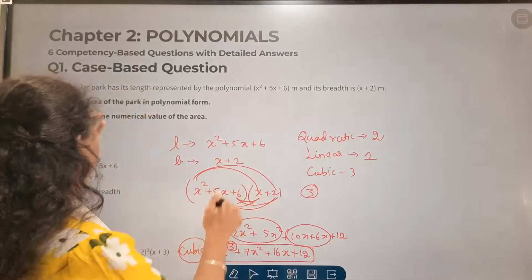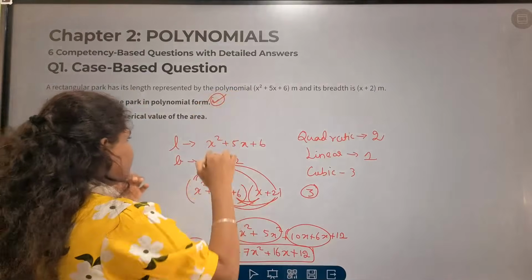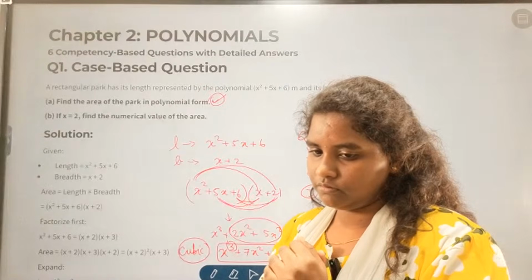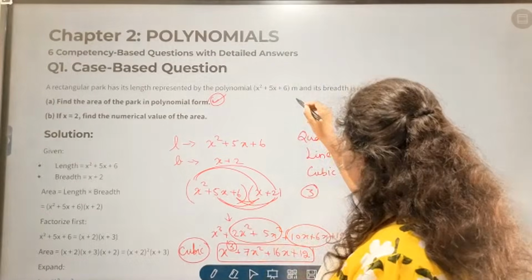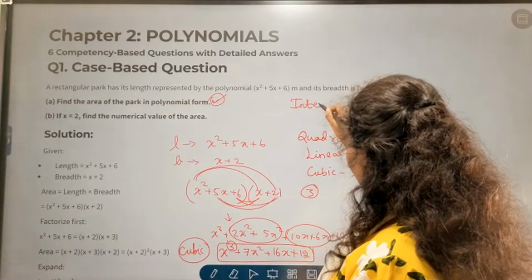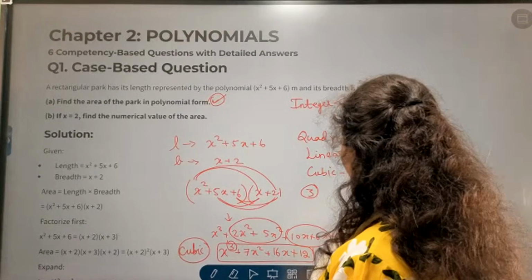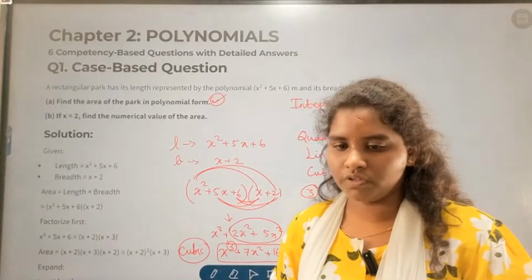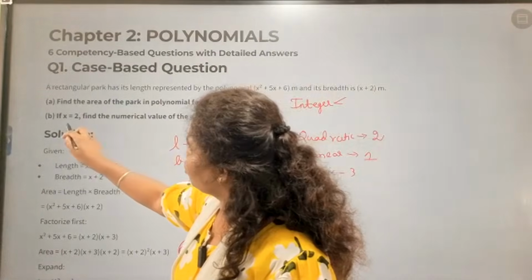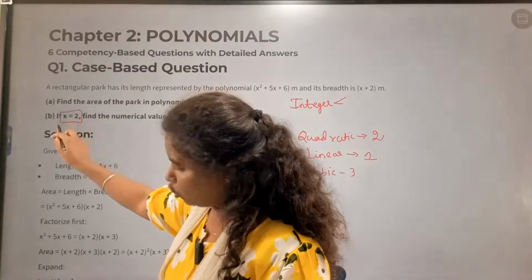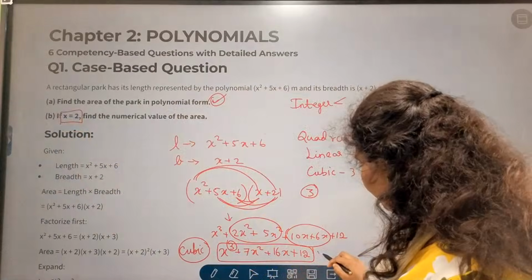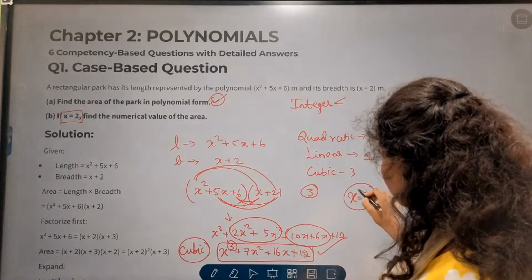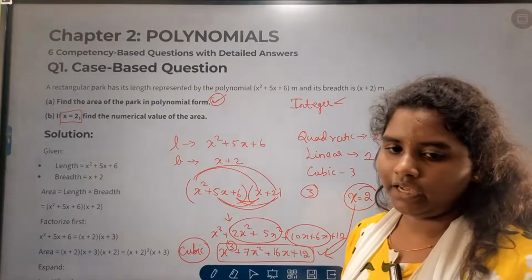And so the first option, that is the first part, we completed. And what about the second part? Yes, so it's integer, right? So numerical, it's integer type. Integer means all the numbers, positive, negative, along with 0, right? So we have to substitute x is equal to 2 in this cubic equation, and we'll get the integer value.